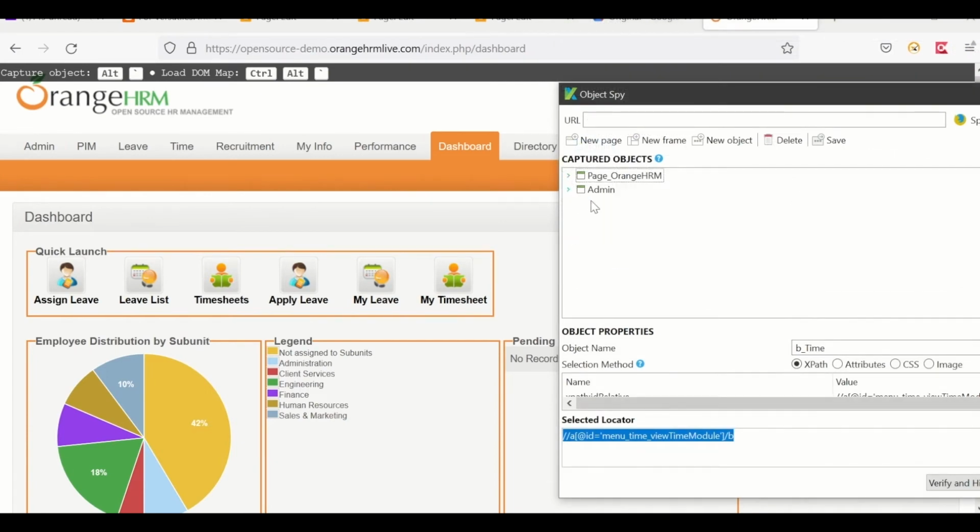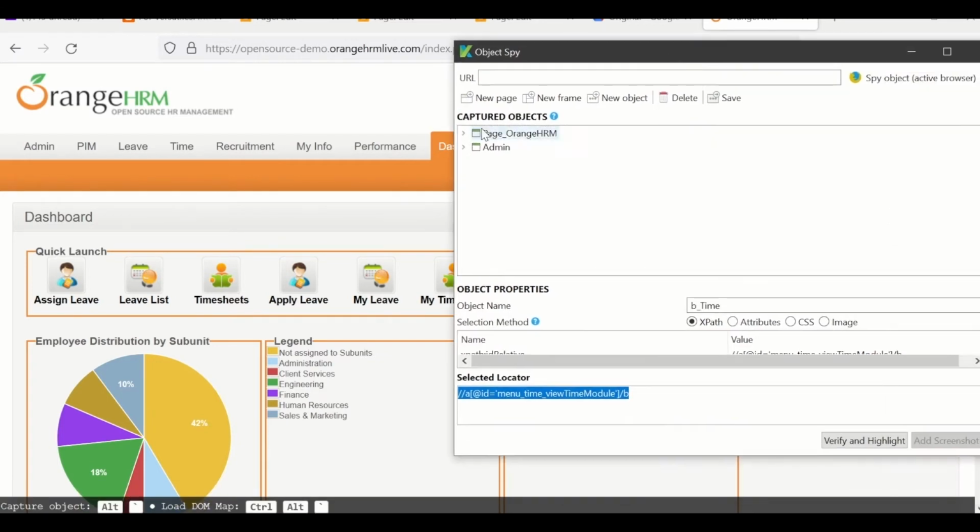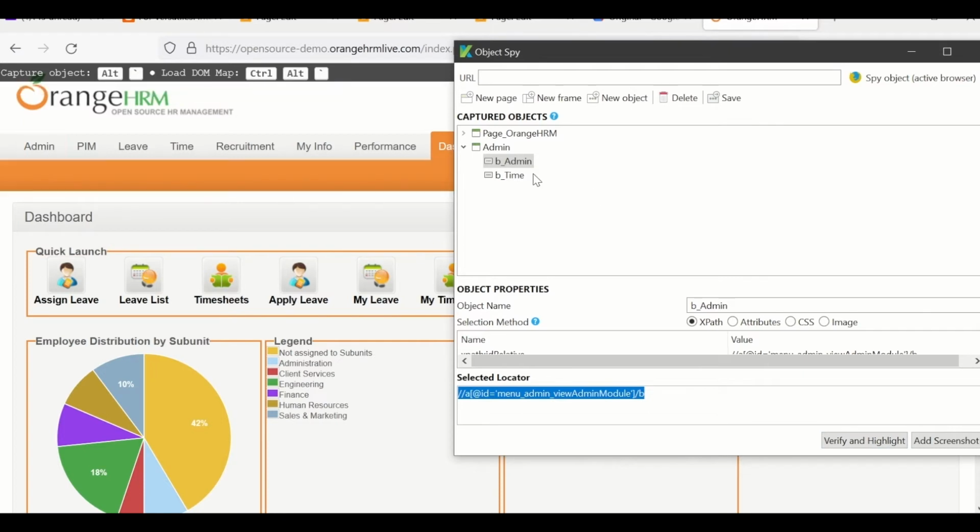So now you have an object repository that is getting created with the help of object spy. I can try to highlight. For example, in this current page, I chose this and I try to verify and highlight. You will see that it is highlighted with a green mark. Once again, let's just see. Yeah, it is there. Similarly, let us try to verify and highlight this one. See, it is highlighted. But let us try to highlight this object, and it is not able to find it because it's in a different page, which is the previous page.